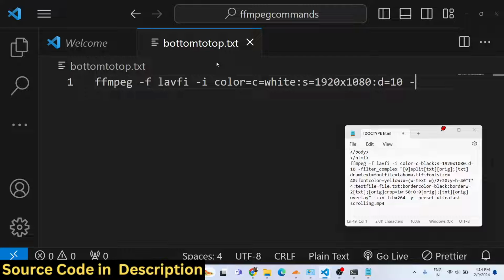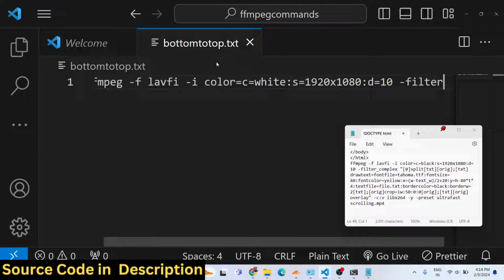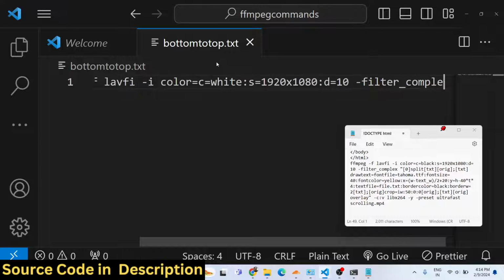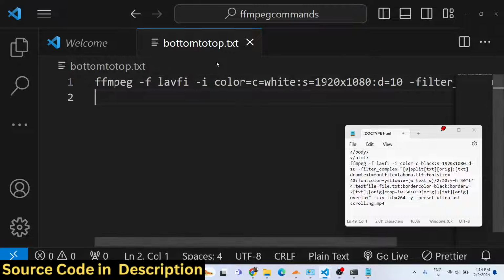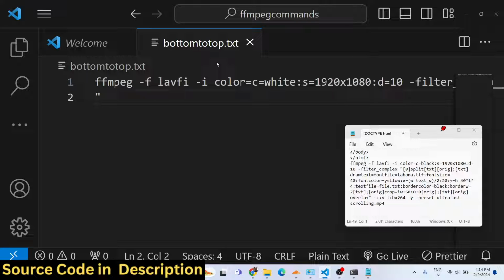And then we will write -filter_complex. You just need to write this here to provide a filter. After that, we have our -f inside these double quotes. We have the square brackets, which is [0], and then we just need to write here split